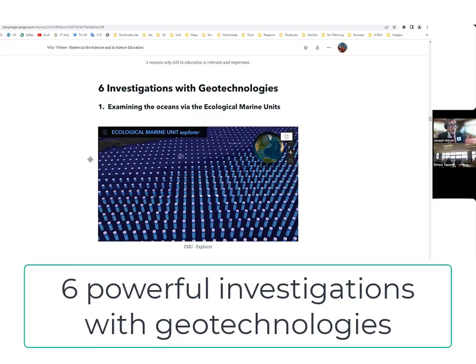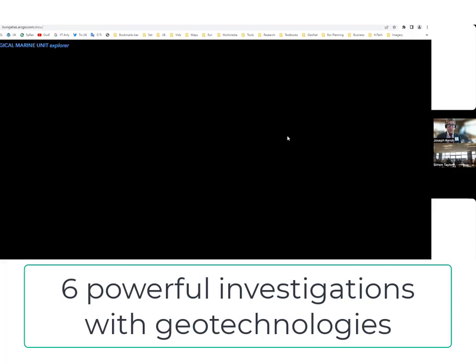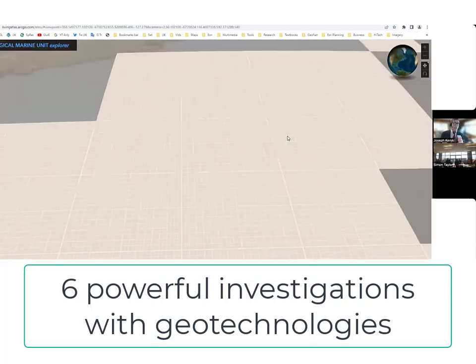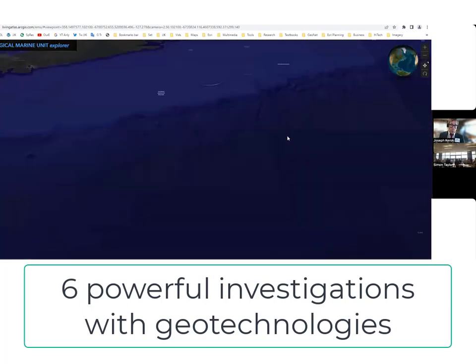So the students could have tablets, they could have laptops, or you as the instructor could show these in an inquiry mode and investigate, posing questions as you go with one computer and one projector. So lots of different ways that you can teach this. And since these tools are all online, you can use this in a web course, you could use it in a hybrid mode, or you can use it face-to-face. So lots of different options for you as instructors. I'm going to, on the oceans theme, since we started with that, I'm going to look at the Ecological Marine Unit Explorer.